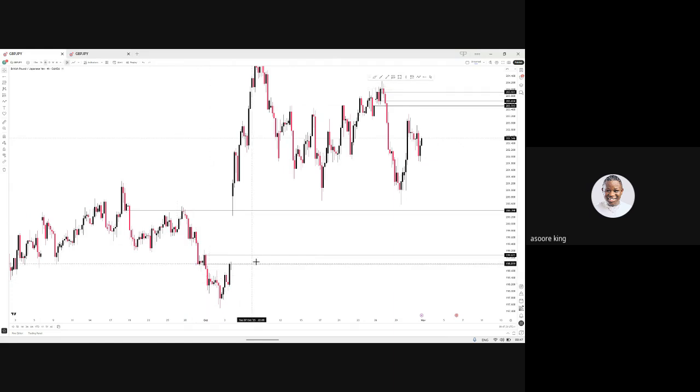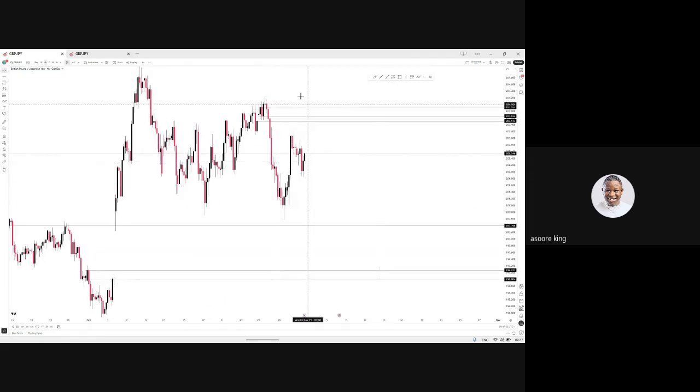It's also a good place. But this is the closest one. How many pips different? It's more than 20 pips, so it's not that good. 27 pips. Let's just leave it there. So this is the one I want to look for buys from, and these are the levels for sell according to weekly